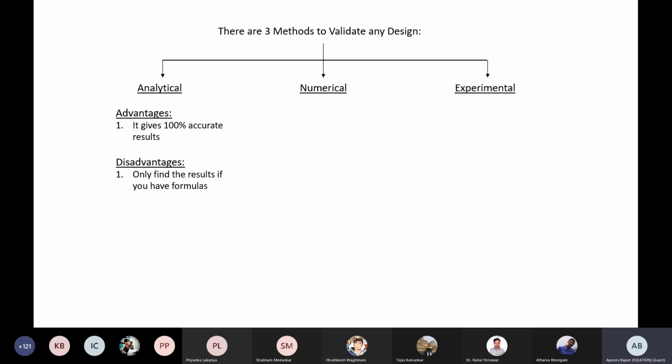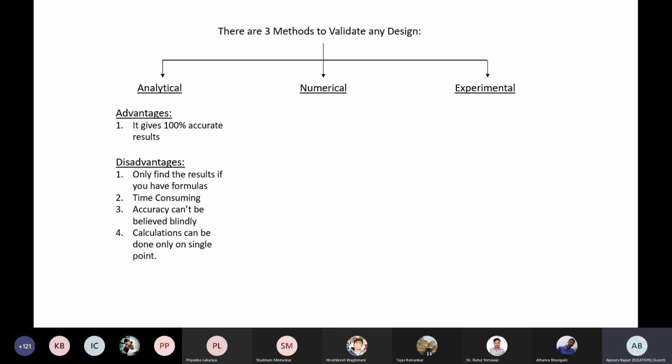So for whichever condition you have the exact formula and the values, you can get the results, otherwise it's not possible. It is very time consuming, because for each condition you have to solve the formula and get the answer. Accuracy can't be believed blindly, because there are so many constants we use in those formulas, and those constants have been derived by some testing, and that testing is on some component. If the testing is done on my component and the formula is derived on the bumper, then I can use that constant. Otherwise, using that constant is of no use. So accuracy can't be believed blindly.